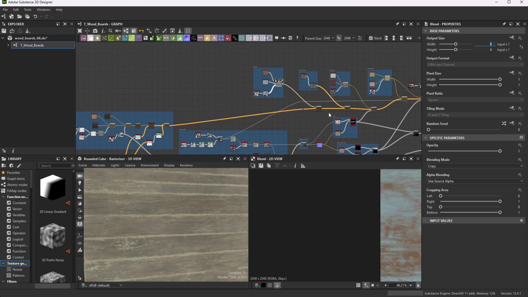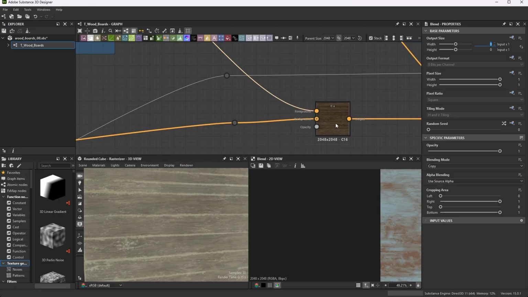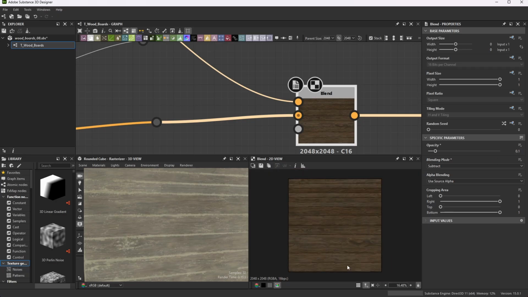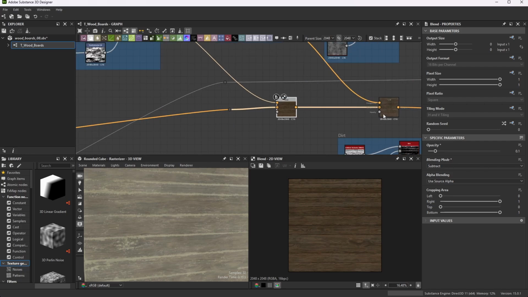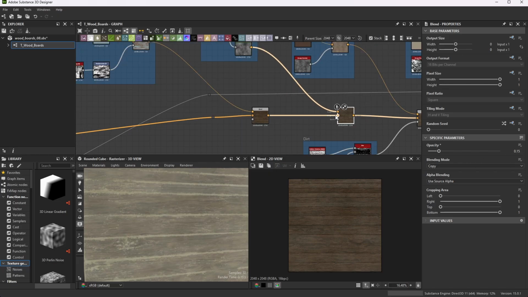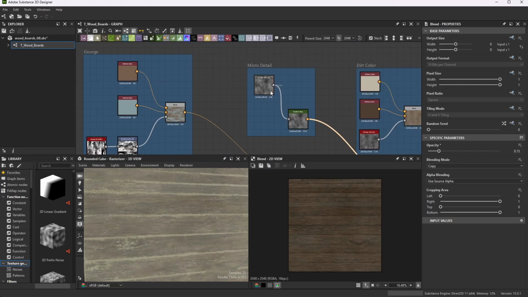We're going to take that down to our blend that came all the way from the other color, and we'll do subtract and 0.1. And see, that kind of just starts giving some good, cool color variation to our guy. Right? We'll run that into another blend here, and this blend is copy at 0.15,